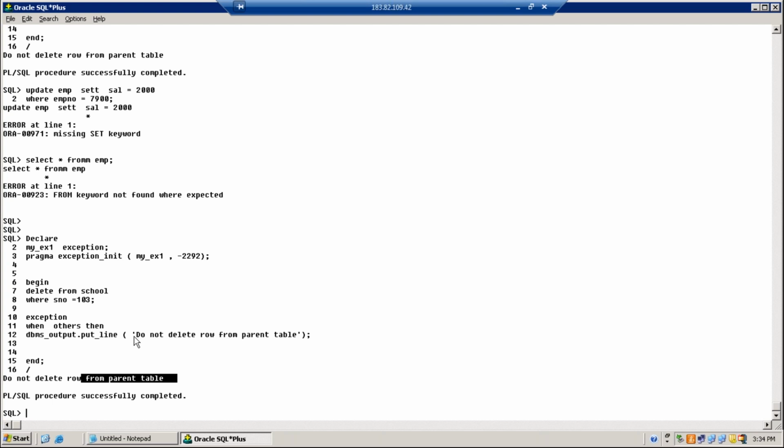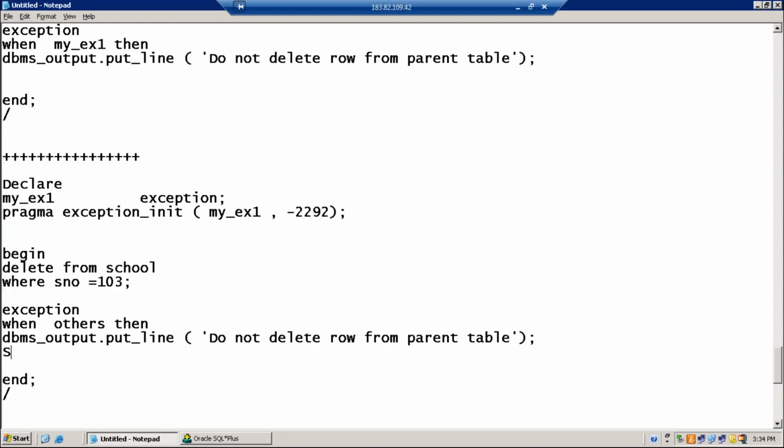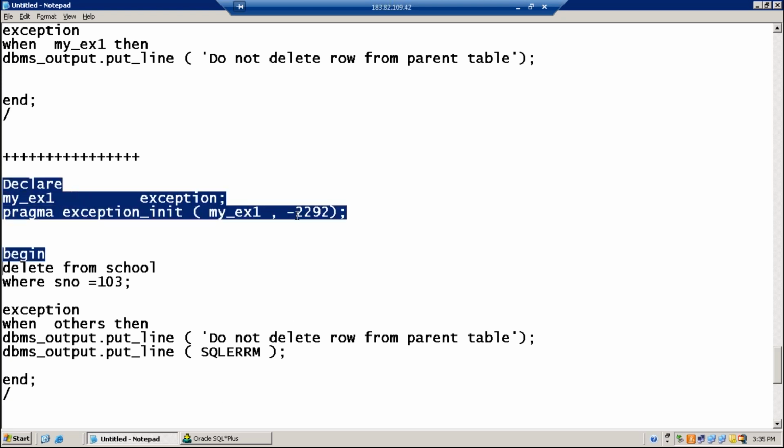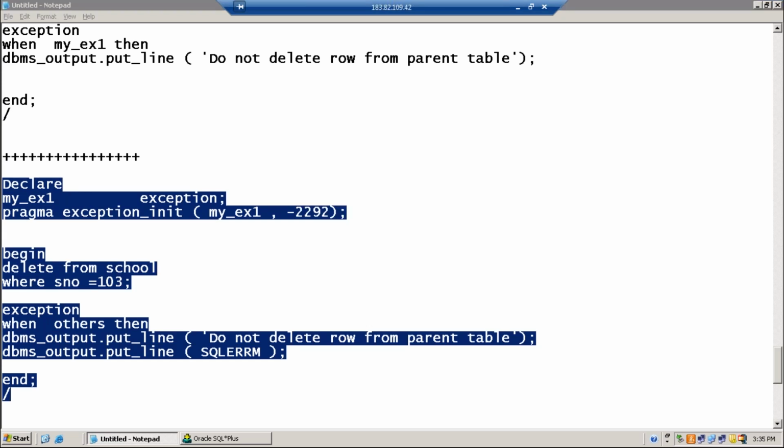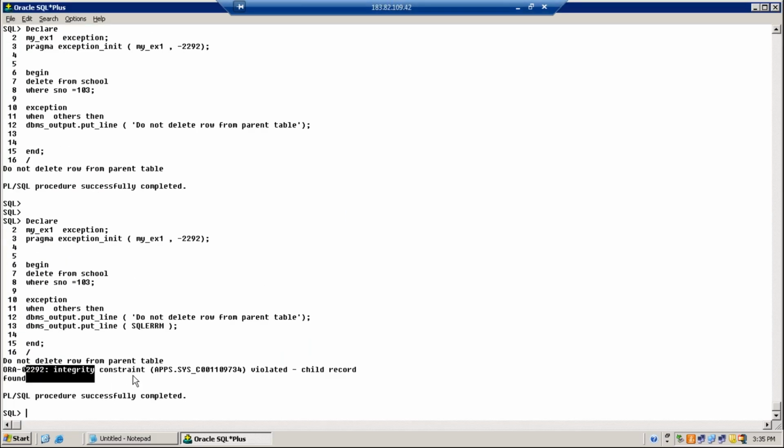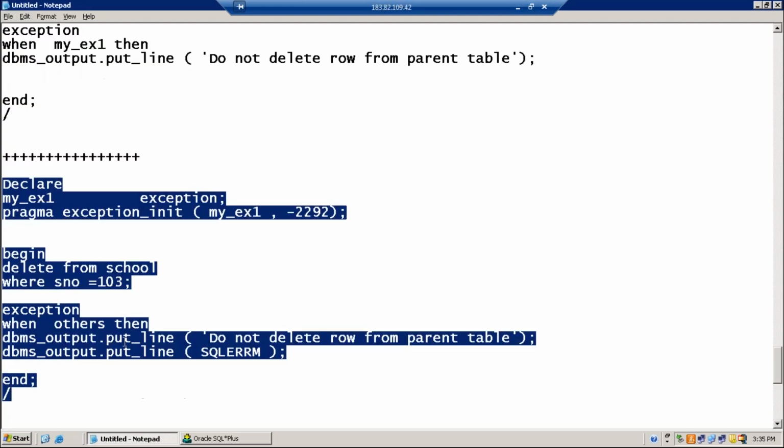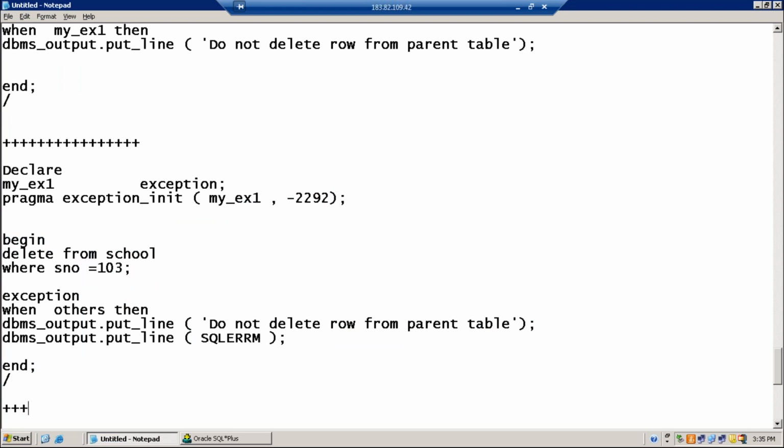If you want to know what exception is raised, then how to do it? Error reporting functions, SQLCODE and SQLERRM. Using these error reporting functions, if you want, you can track it. What exception is it? What is the number you get? -2292 is the number we expect from this DBMS_OUTPUT statement. Am I right? Yes. -2292, integrity constraint violated. So you can track it. So WHEN OTHERS is capable of handling any type of exception. Okay. The next one is